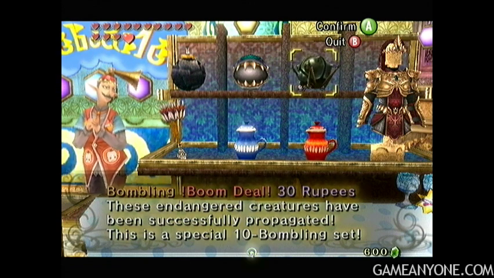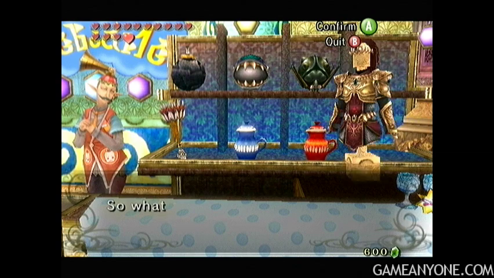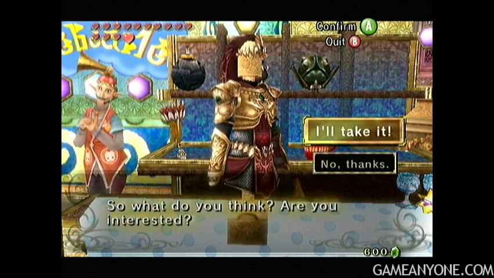But they're basically like the bomb chew of this game. They're completely useless. Don't buy them. I never use them anywhere. They're not required for anything. So, honestly, just don't waste your time. But over here on the right, we can see Magic Armor, 598 rupees. So whenever we buy it, the shopkeeper says...